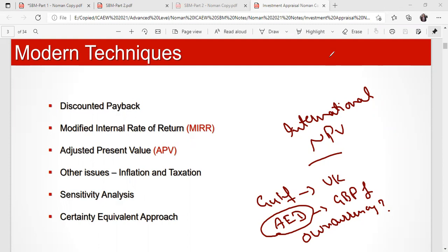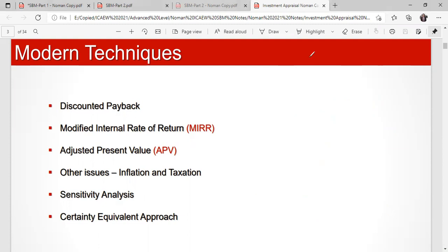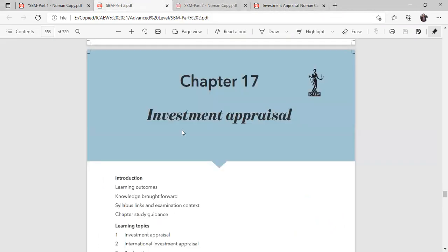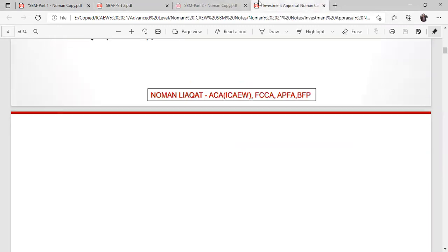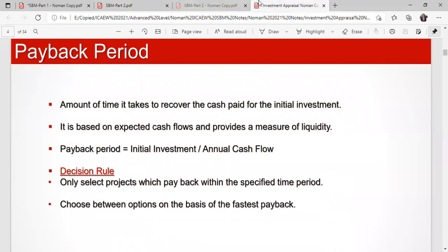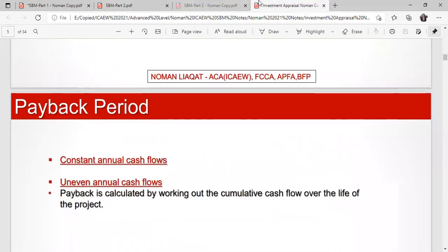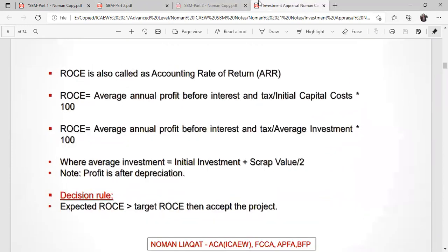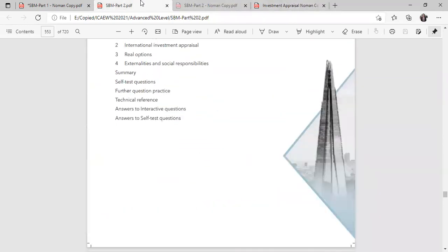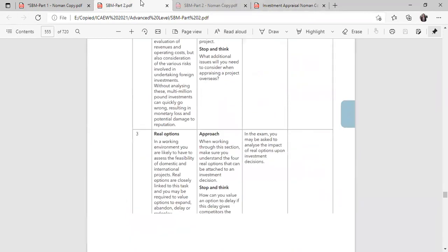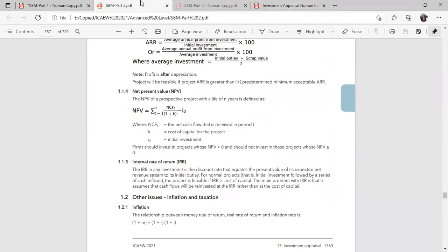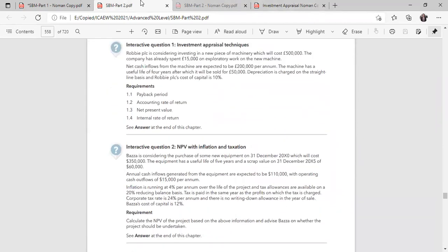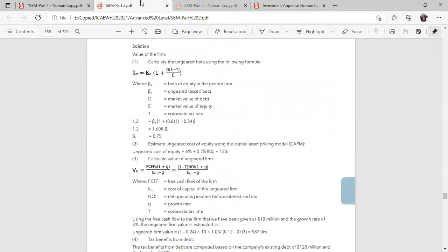So first of all, just revise your basics, because in the coming session we will go through them in a quick way, through some points, through some slides, having some practice session, practice questions from the ICAEW study manual, like we can see. First of all, these are my brief notes, because I believe that you people have an idea about payback period. Do not go into too much detail, just go through some of the basics. And then we will use this ICAEW study manual for our practice, because we have some questions for basics. Like we can see these formulas. So interactive questions 1, 2, and 3 for these basics.